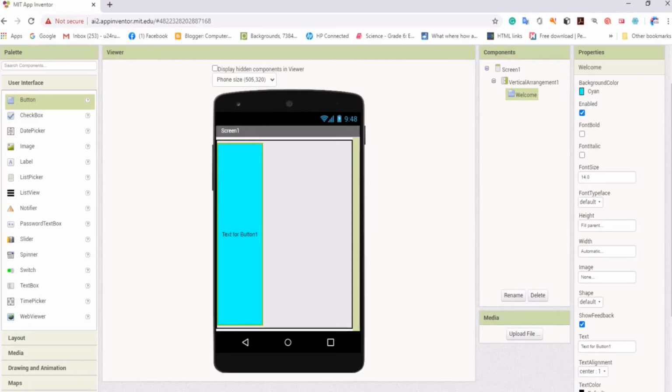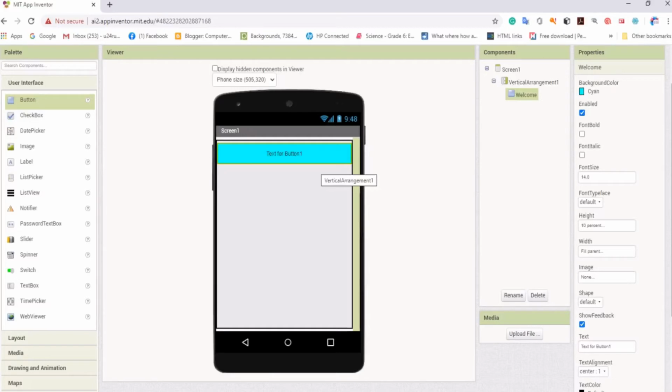So if I set the width again, fill parent. I don't want such a big button for my app, so I will go back to my height and set it to 10 percent. You can see now it is looking better.